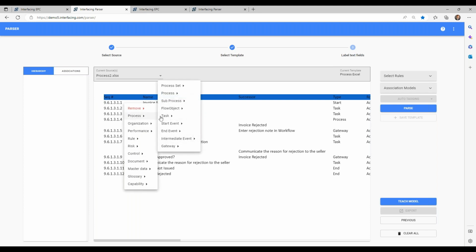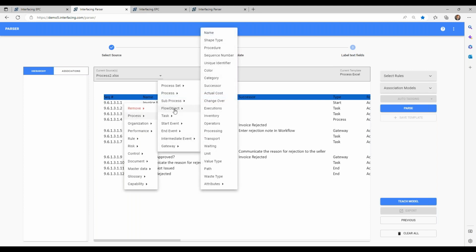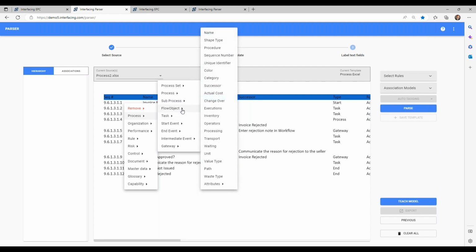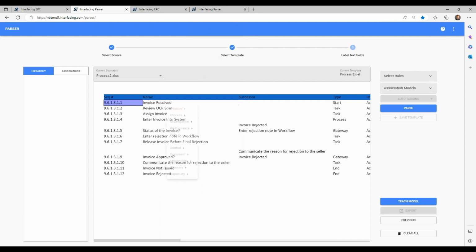And in this case, nothing new here, but why I want to mention it is before you were using tasks because they were all being imported as tasks. Now you got to leverage the flow object because flow object allows you to define the type of flow object. Note, if you don't define the type, by default, it will be task anyways. So the only time you would use task is if you really want to hard code a certain item as a task. And in this case, we're going to say it's the flow object sequence number,